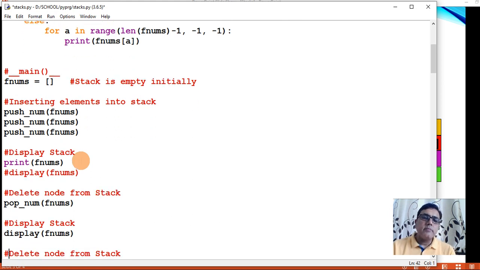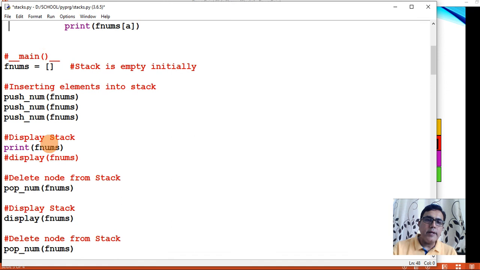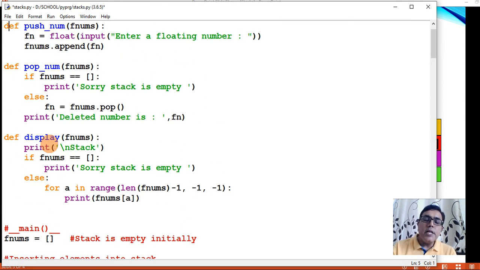Then, in order to delete a node, I have written a function named pop_num, which will receive one list of elements. This function will delete one element from this list. Which element?